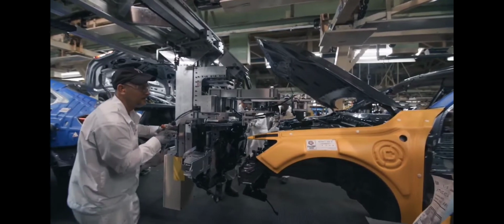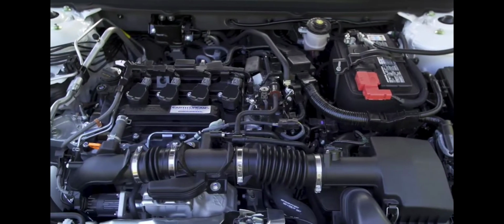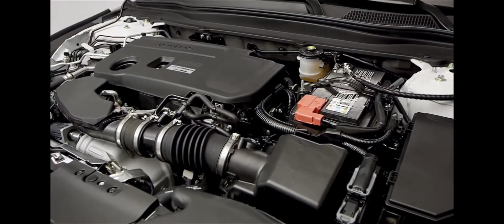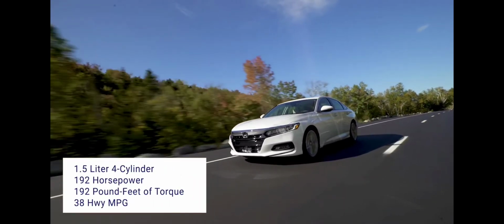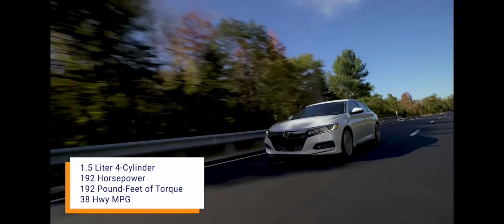Both Honda and Toyota offer three different powertrains. On the 2020 Accord, you choose between a 1.5-liter turbocharged 4-cylinder, a 2-liter turbo 4, or a 2-liter 4-cylinder hybrid. The 1.5-liter engine makes 192 horsepower, 192 pound-feet of torque, and returns an impressive 38 miles per gallon on the